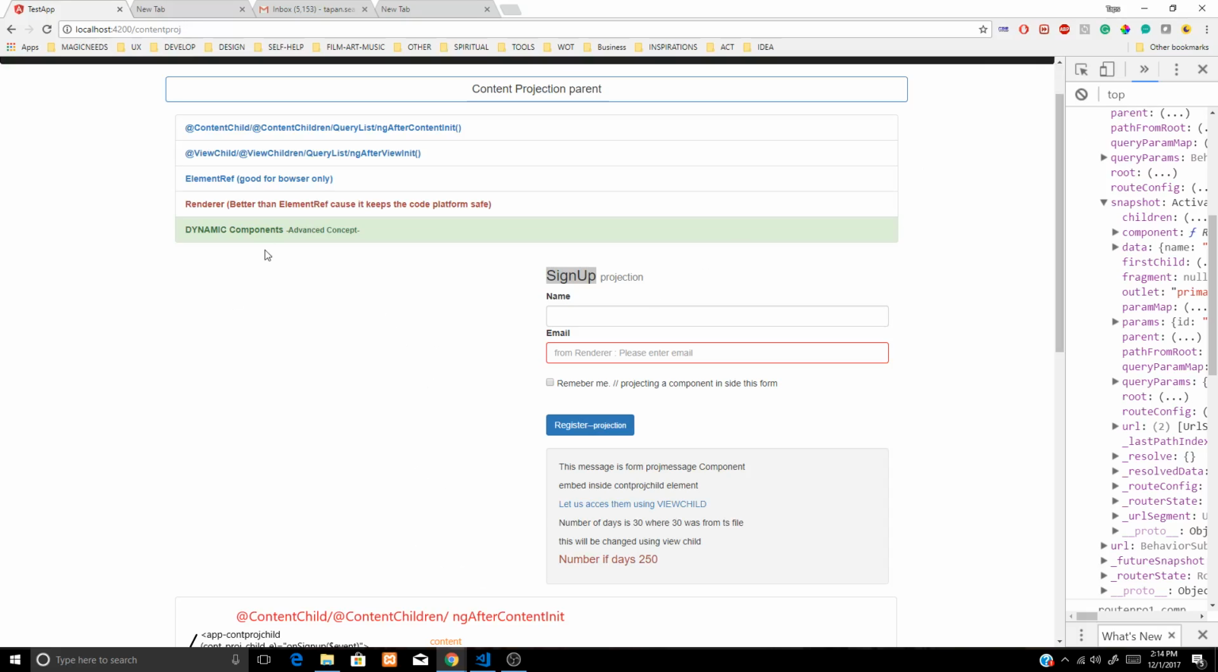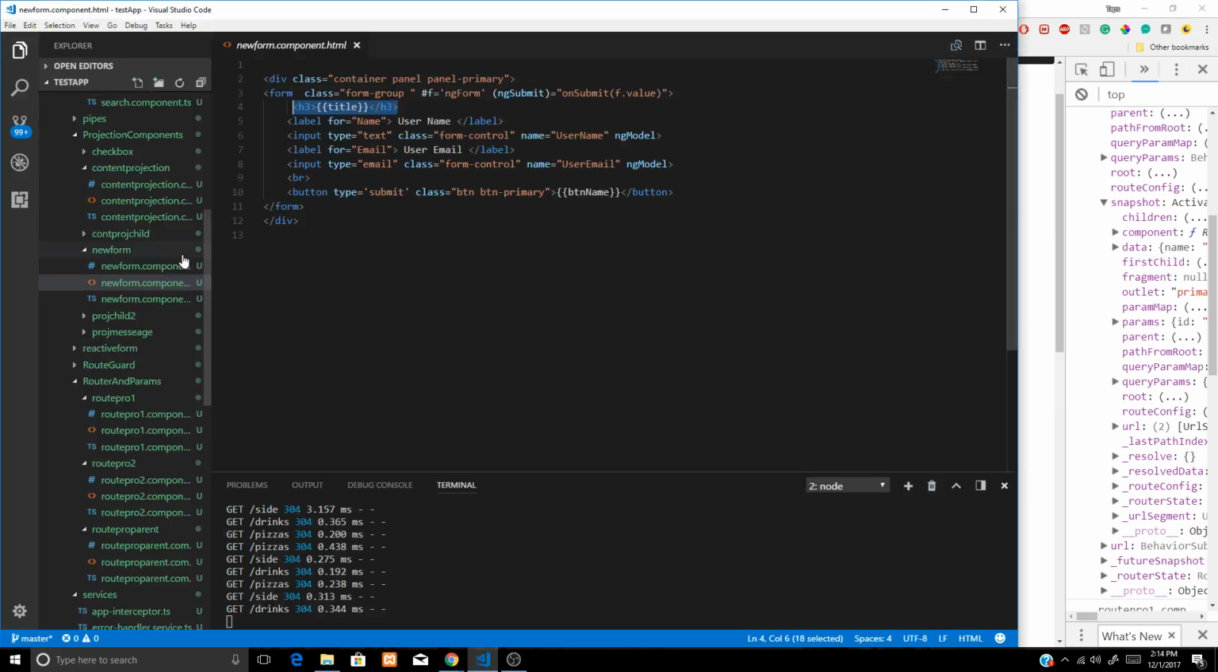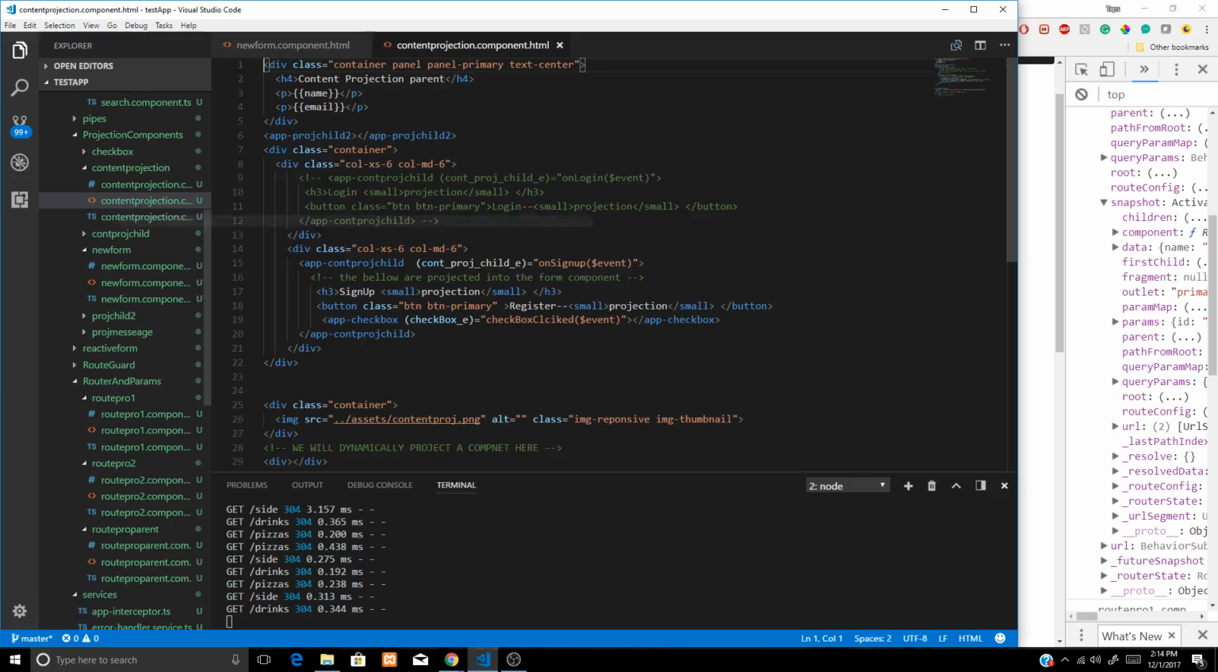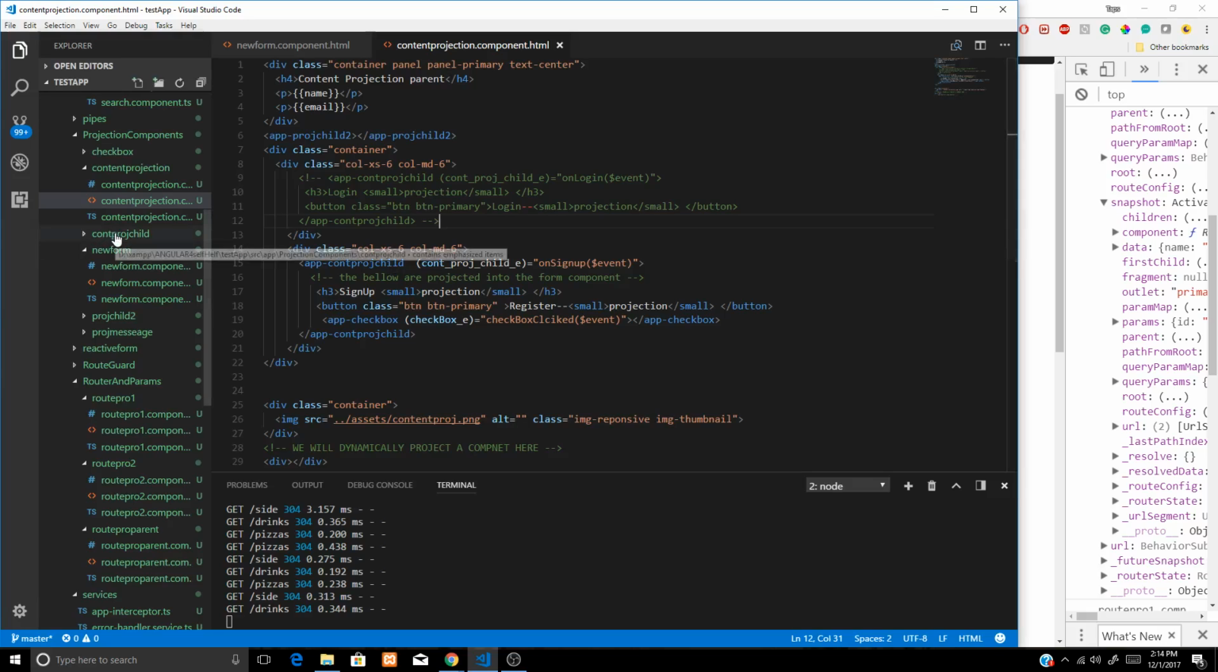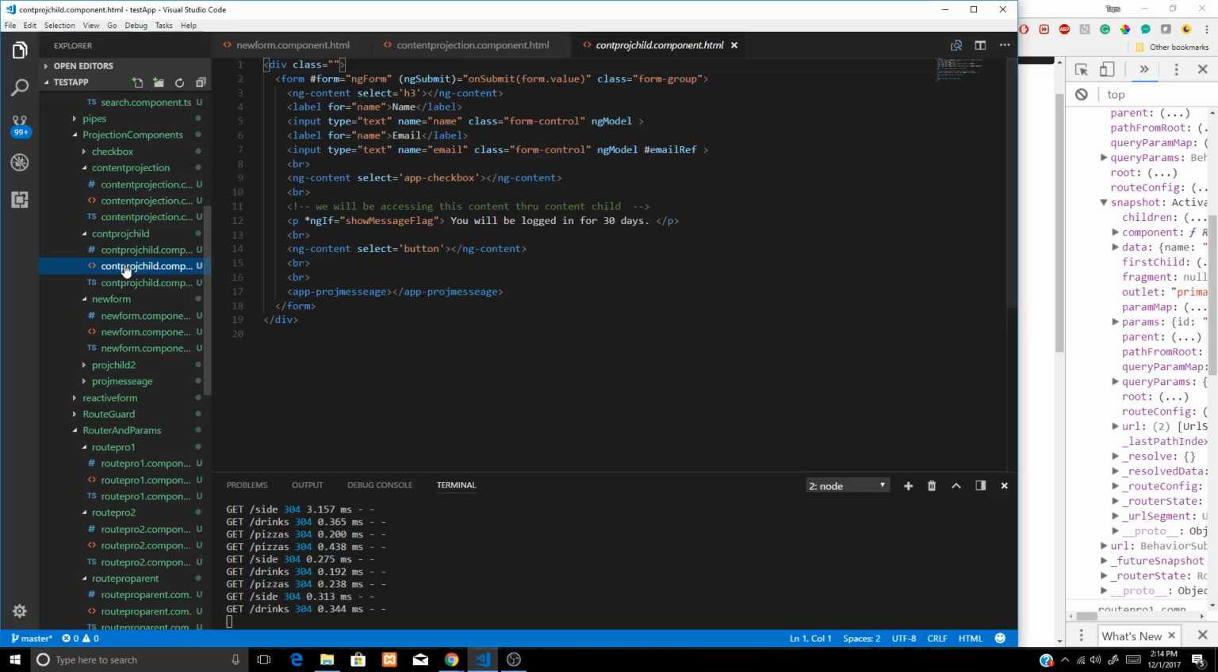You are not seeing it because we have edited the code for more advanced options, but I can explain what will happen when we did that actually. So this is the single form which is called the new form component, which has a dynamic property title and also button name. So inside the content projection, if you see the content projection stuff, we have a content projection child, which is different,